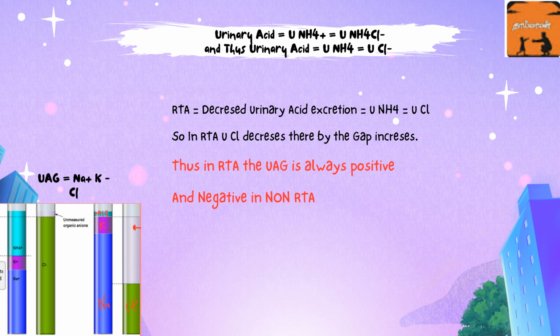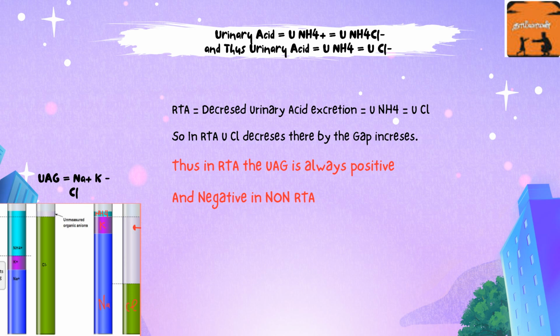Now looking at this diagram, look towards our right. If you look at it, it reflects the amount of sodium and potassium. More amount of sodium and potassium as usual are excreted. The defect is only in acid excretion. So sodium and potassium are excreted as usual. The PCT is functioning normally. We will look at the defect in RTA, various pathologies later, but here sodium and potassium are being excreted